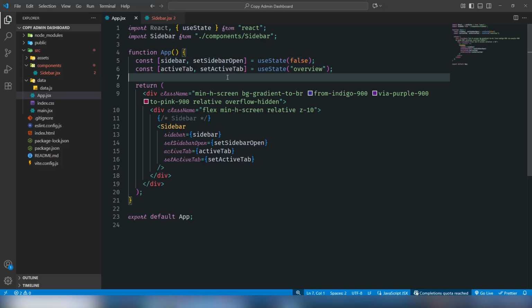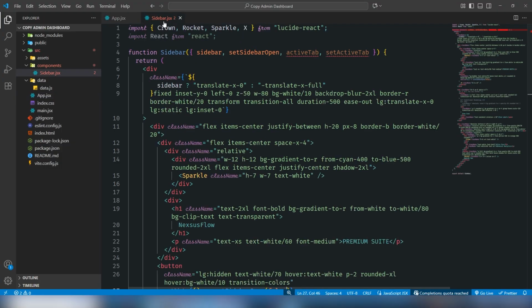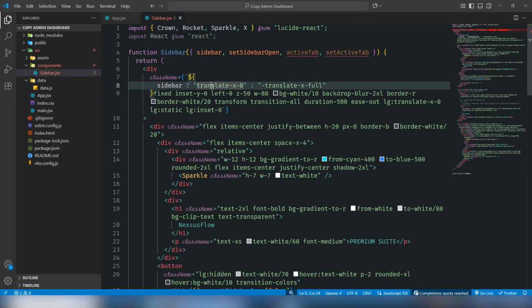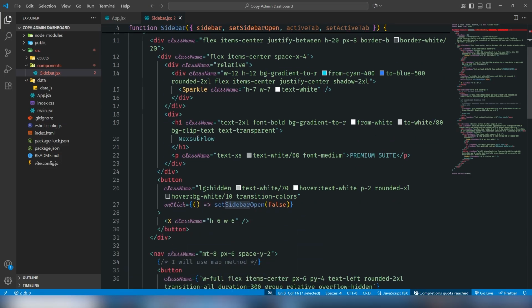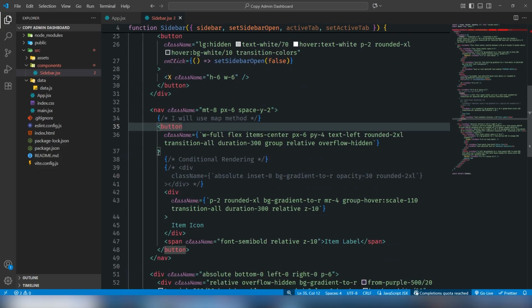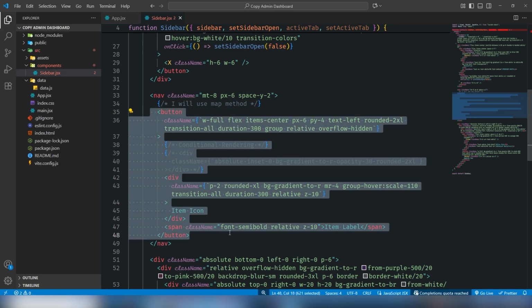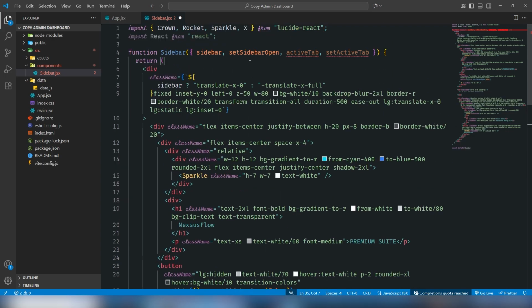Okay guys, I think it will apply when I work on the header section, then it should close it. But this is simple logic. So let's move on and work on this section. It is very important to display the menu, so I'm going to cut it and I need to import